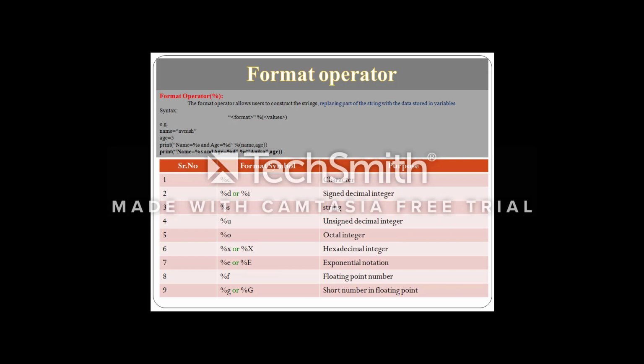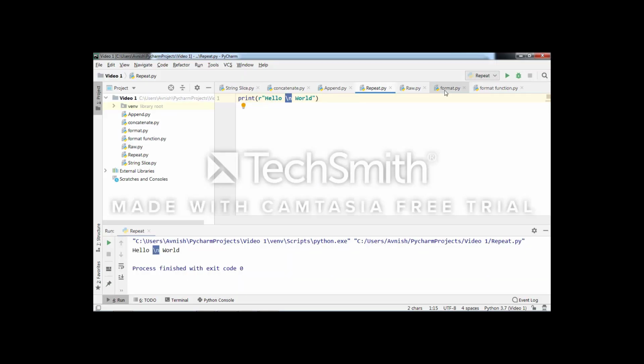Let's try this example on the console. See the example which we discussed in the previous slide. Here name is a variable, and in that variable I have stored the string Avnish, and in the second variable I am initializing the variable with the value 6. Now I want to print this information using a print statement. For that, I am going to print name is equal to %s and age is equal to %d.